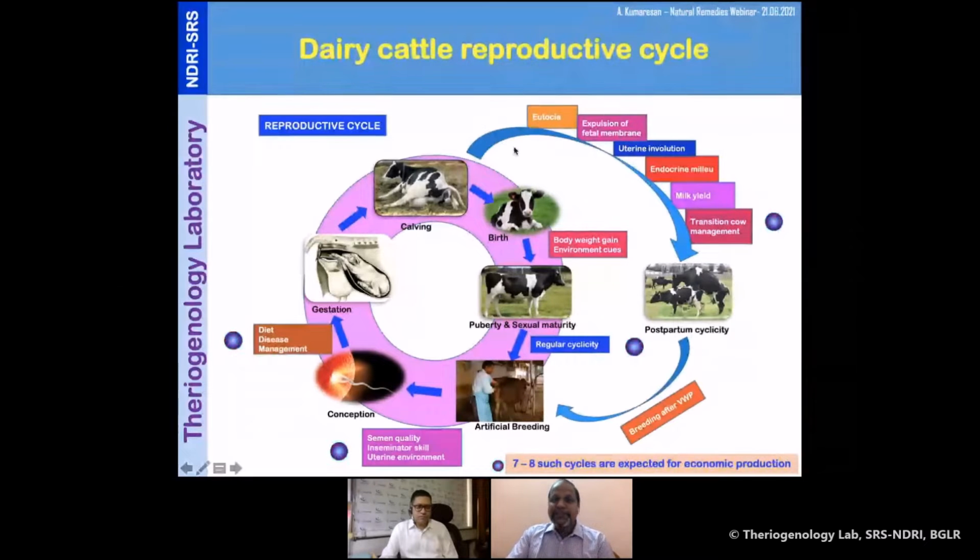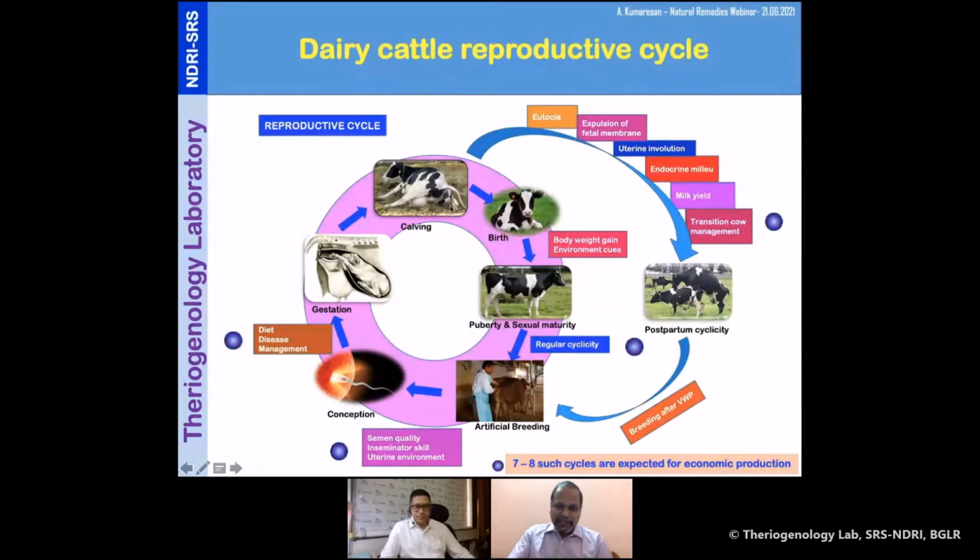But a problem happens after that. Once the calving has occurred, that is, the heifer has calved, because of the calving-associated stress, be it physiological or pathological, whatever it is, these stress and physiological deviations cause something to the cow and make her infertile, or cause delayed or reduced reproductive efficiency. So what are they? These are all the things I have enlisted. I'm not going to explain everything, which you know already. But here the main things are uterine involution, transitional cow management and cyclicity. If these three are taken care of, then automatically the secondary cycle can also be brought within our target level.